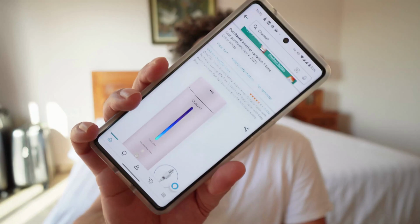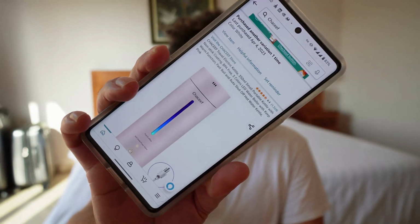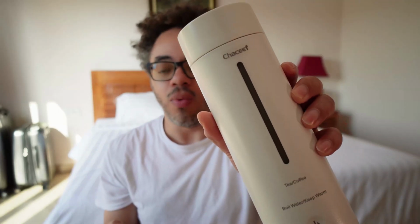So right now the travel kettle is on Amazon, and the price as of today is $37.99. It comes in multiple colors, so that's good. You can choose black, white, or pink, and as you can see, again, mine is going to be white, and it claims that it's